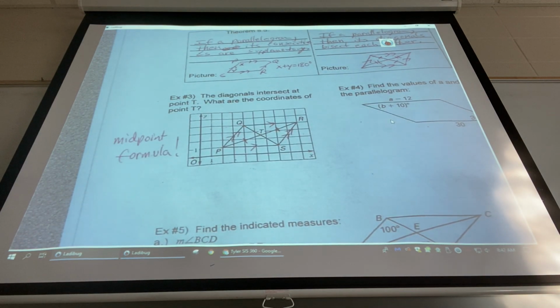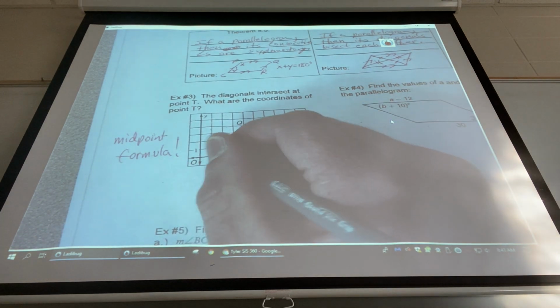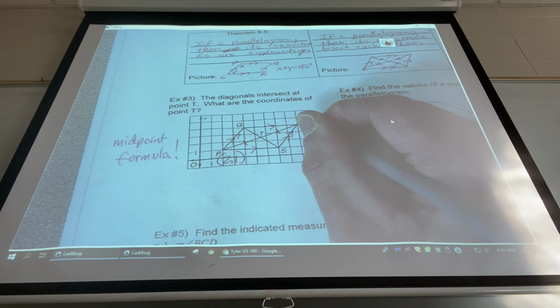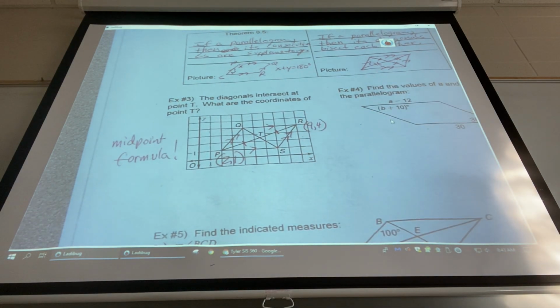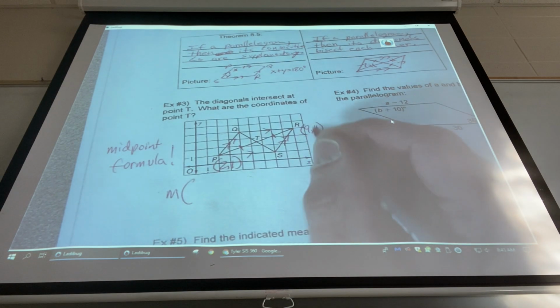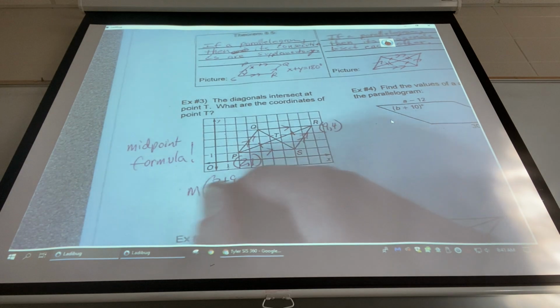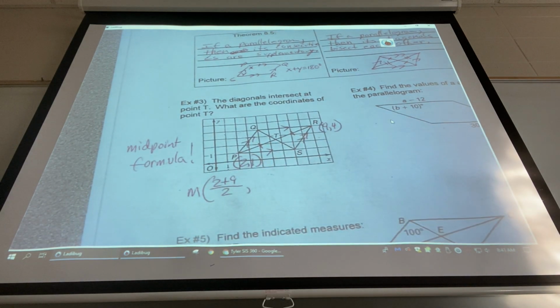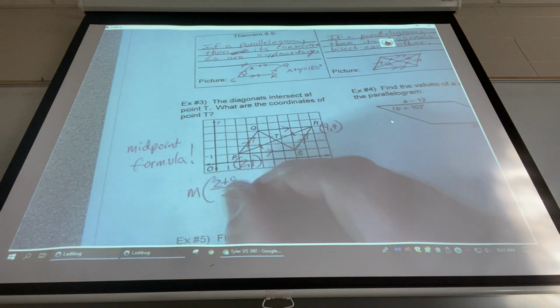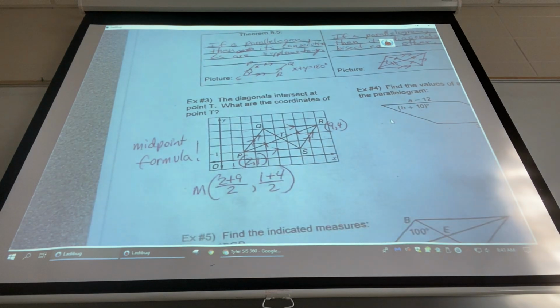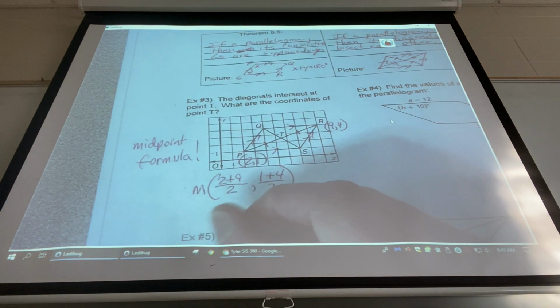You basically take the average of the two coordinates. So P is at (2, 1). R is at (9, 4). And the midpoint formula says you add the x's together and divide by what? 2. That's how you get the average of two things. And you add the y's together and divide by what? 2. So the midpoint formula is just saying add those coordinates up, divide by 2, and sure enough, our midpoint,